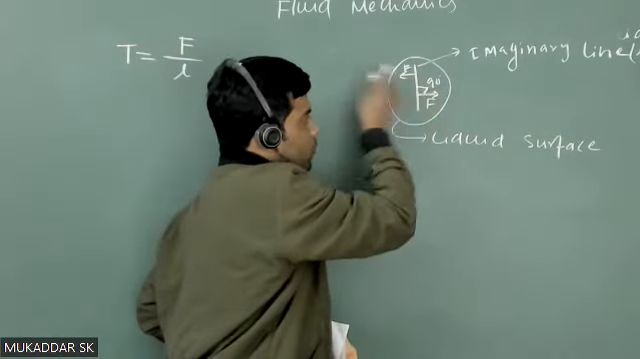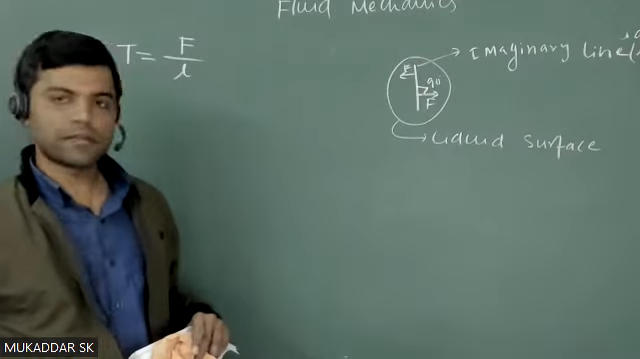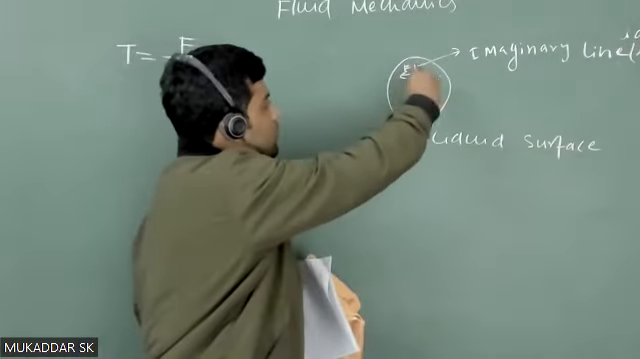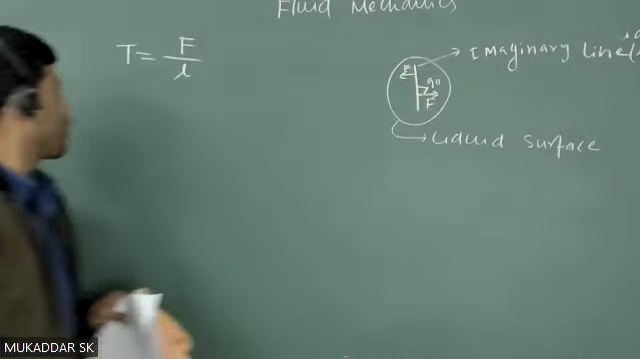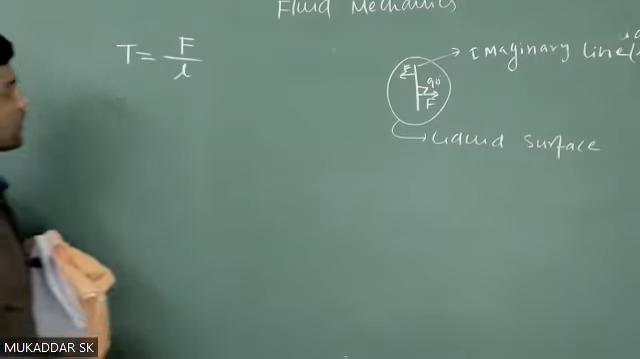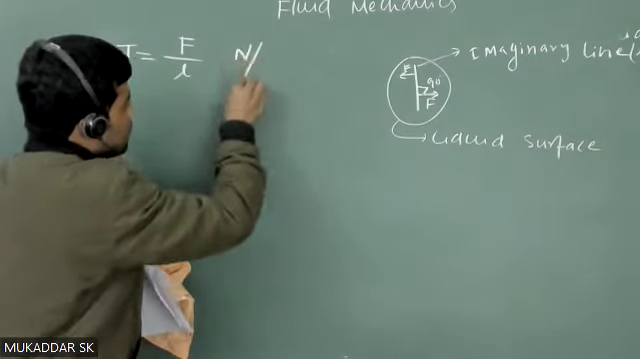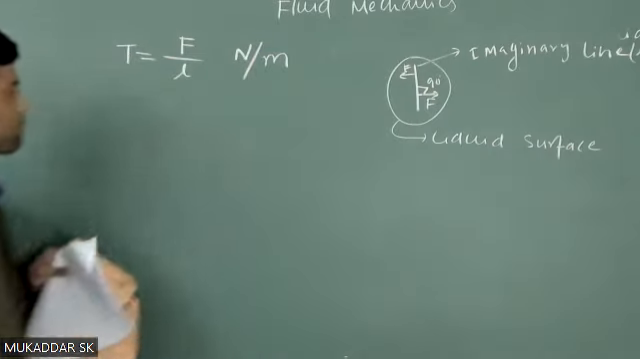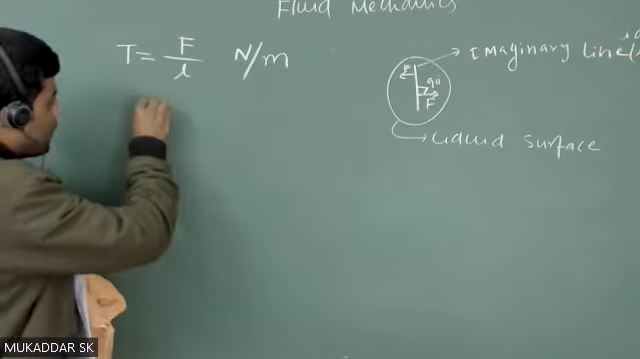Force is actually acting on both sides. You kept this thread or imaginary line on the surface of liquid. Force is acting on both sides, and that is perpendicular to the length. So the definition of surface tension T is nothing but force per unit length. Of course, the unit of surface tension will be Newton per meter. But this thing is not important. The important thing is